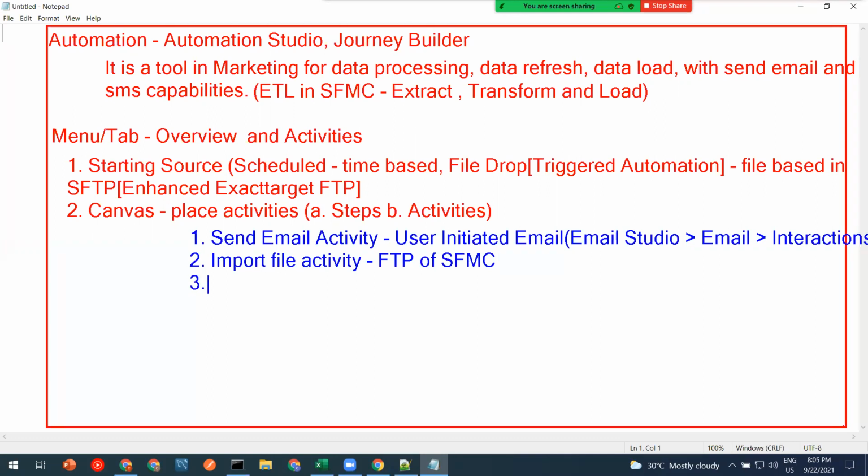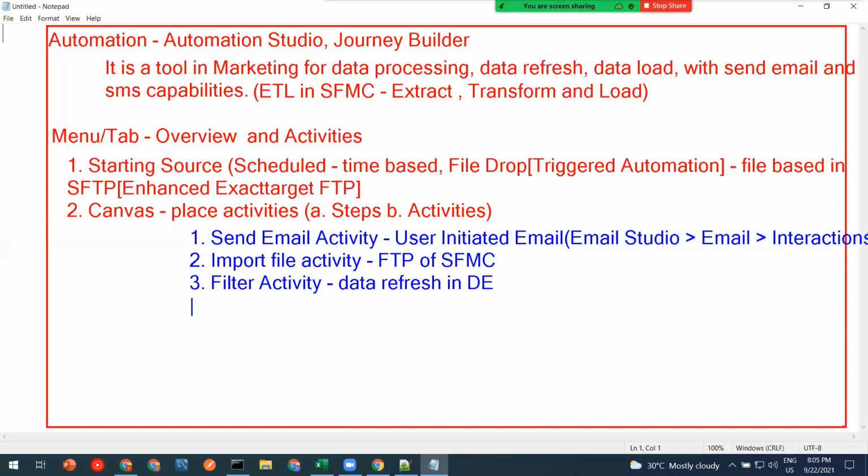The third activity is the filter activity. We'll discuss each activity one by one. The filter activity is for data refresh in a DE, and there are some steps to follow when we want to build it. For example, you have built a data filter where you want to refresh birthdays.